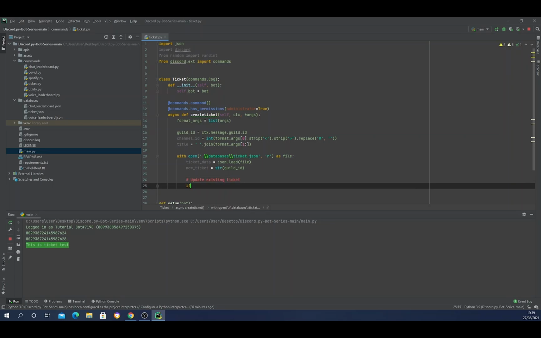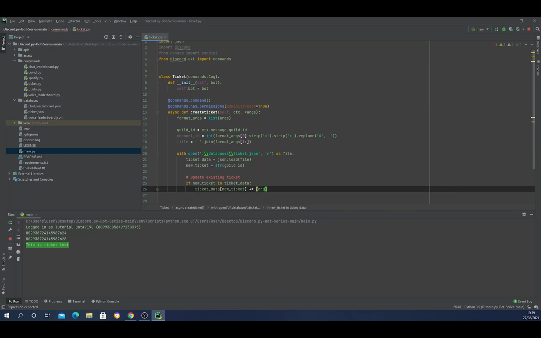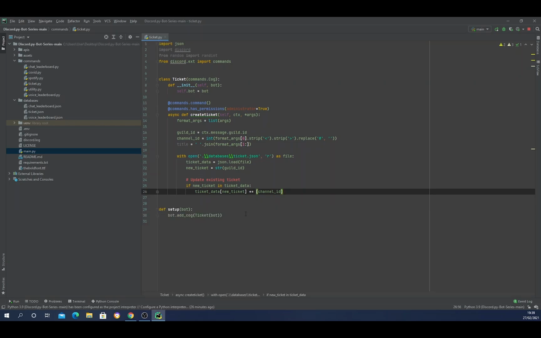And I'm going to say if new ticket in ticket data, and if I go down, I'm going to say ticket data, and I'm going to pass in the new ticket object in there, plus equal to, and it's going to be the channel ID. So all the channel IDs will be assigned to that server, right? Rather than creating a new server with the ID and then storing it. Okay, we will see that in action in a minute. So let me close this bit down. So as we're going down,